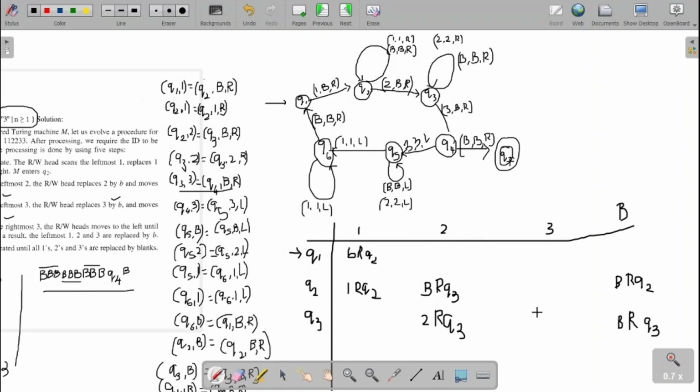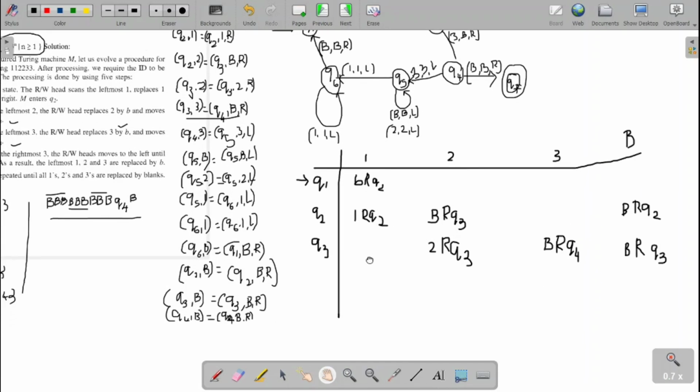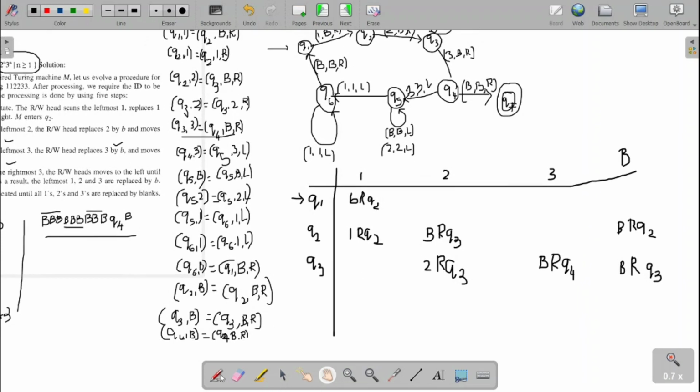Then on 3, what to do? Make it a blank. Before that, have the right movement and change the state to Q4. Next will be our Q4.